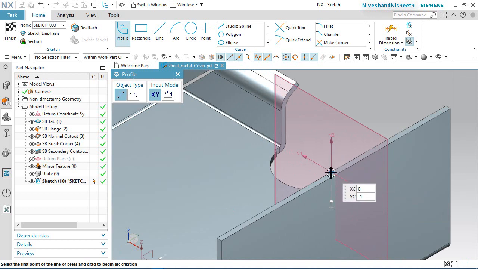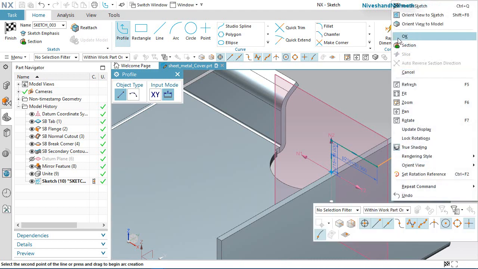Start the line from here, length value 18 and select the value 30. OK.